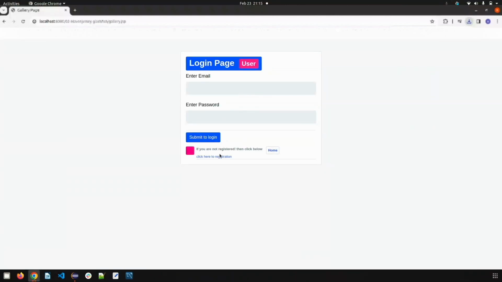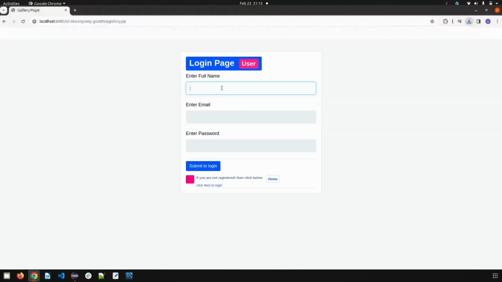Here you can check this site is very responsive, and I'm using Bootstrap 4. So first the user can register himself, and here I also write some validation checks for login. So first the user is registered in the database,